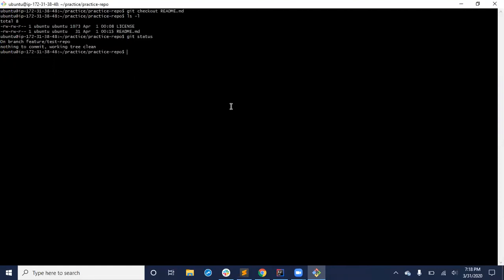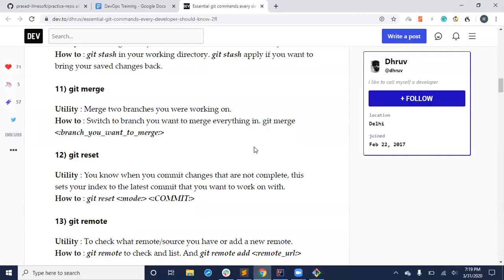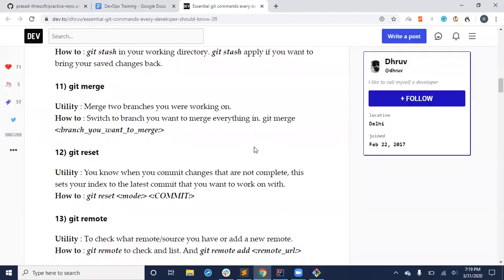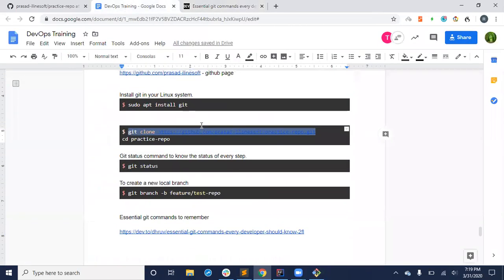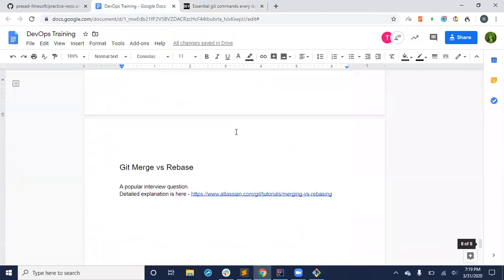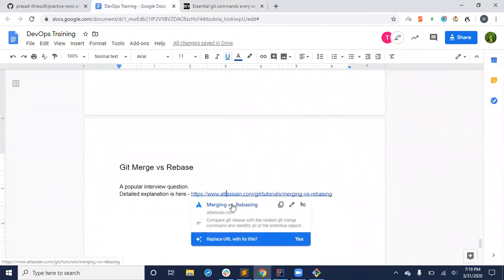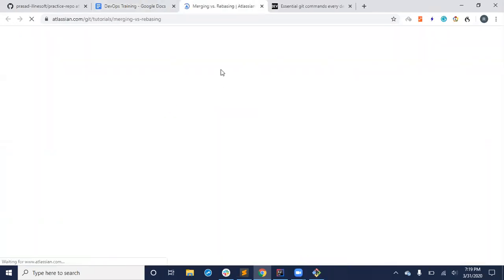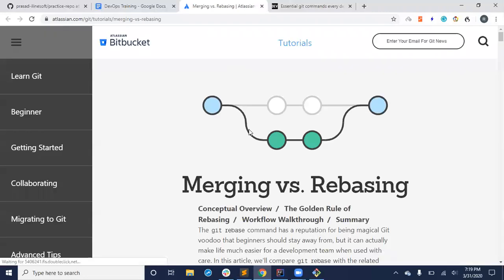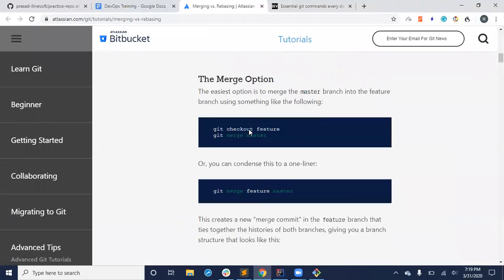So I will just try to show git merge. So we are in git branch. Now the syntax for this git merge. This tutorial will go a bit more into showing merging and rebasing, but merge syntax you can do in many ways.